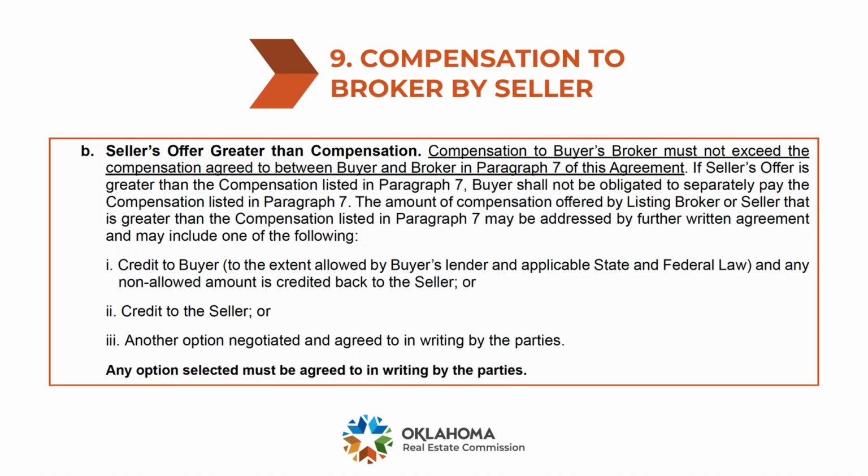Now, what happens to that excess amount? You have three options. It can either be a credit to the buyer, as long as the lender and laws allow it. It can be a credit to the seller, or another option that's agreed to in writing by all parties. Now, Realtor members and MLS participants, you really want to consult with your broker and your MLS regarding the ability to amend the buyer-broker agreement to accept more compensation than what you have initially agreed to in this buyer-broker